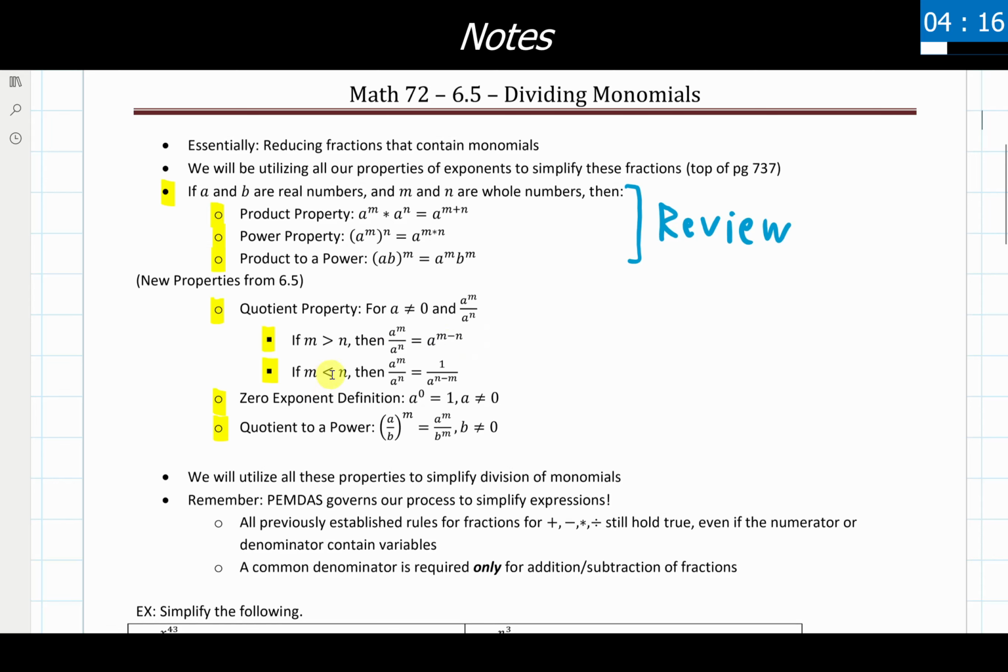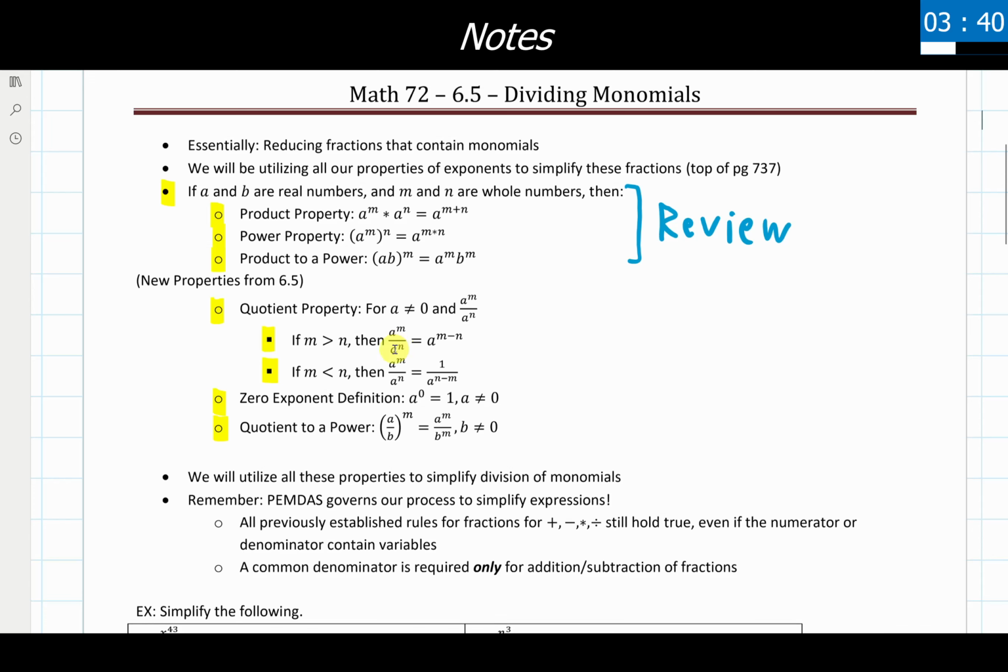If the denominator is greater than the numerator, then if I have a situation like this showing up, I'm going to once again subtract these exponents together, but I'm going to instead do n minus m, the larger number, which is the denominator, minus the smaller number, which is the numerator, and the result will end up in the denominator. So whichever part, the numerator or the denominator, had a larger exponent, that is where our final answer is going to be once we are finished doing subtraction.